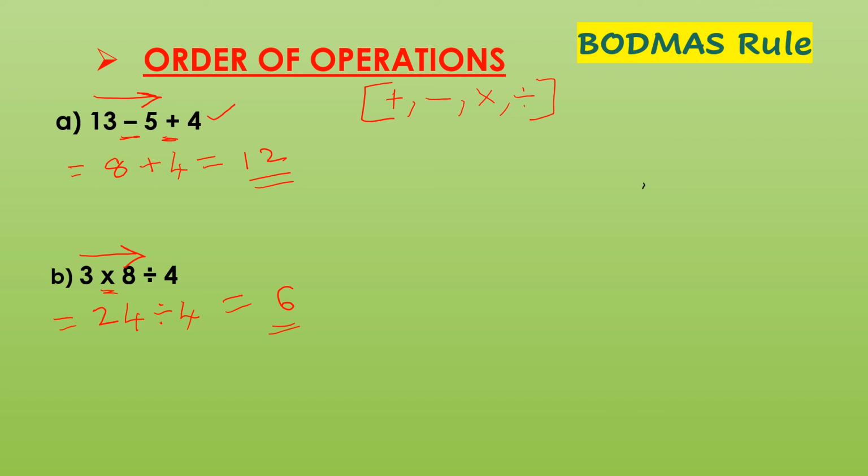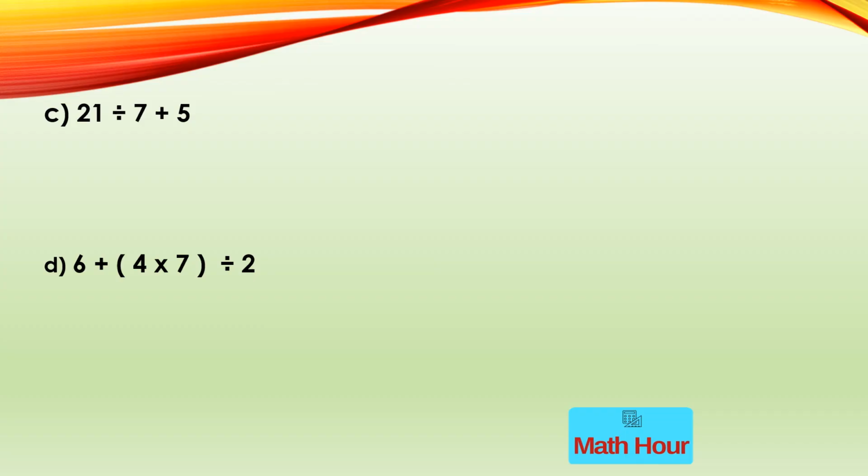You might have heard about the BODMAS rule. What is this B? This is bracket of, division, multiplication, addition and subtraction. So if your numerical expression has a bracket, you will be carrying out the operation which is within the brackets. Then you will do the division, then multiplication, then addition and then subtraction. Now let us see how to solve this problem.